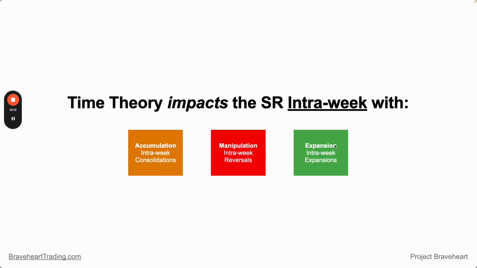Okay, so where are we going with all this? Well, we need to know this because draw on liquidity is based on time theory as well. You're only going to get the valid draw on liquidity if you know how to identify when the week is going to expand. Because you could be looking for the wrong draw on liquidity and you could be falling victim to the manipulation, or you could be mistiming the week altogether and being stuck within a consolidation. So therefore, if you want a valid draw on liquidity, you must be able to time the week also,